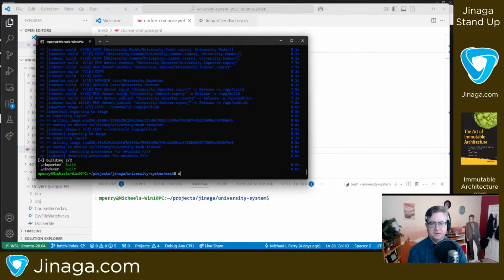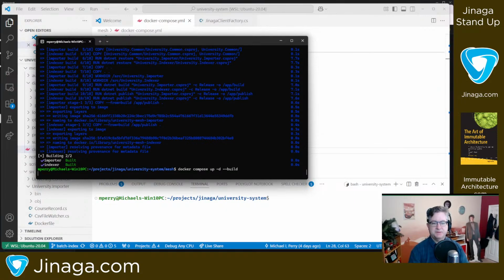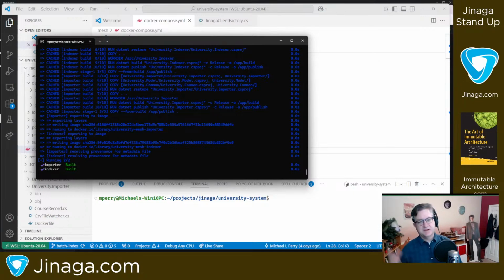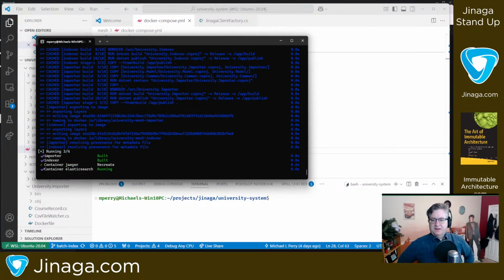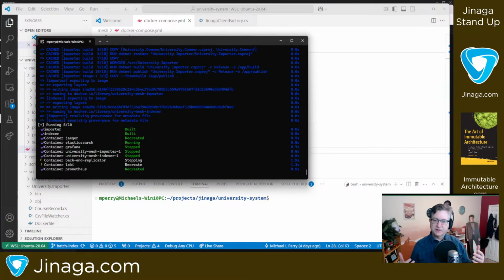So let's docker compose up -d --build. Even though I just did the build, it'll say, yep, it's built. And then it has to recreate everything that has been reconfigured, stop the things that depend upon those things that are being recreated,